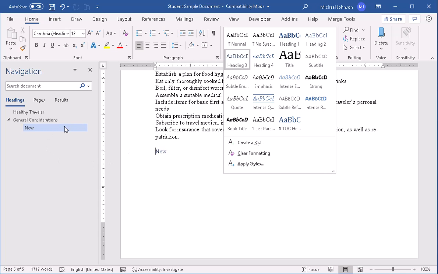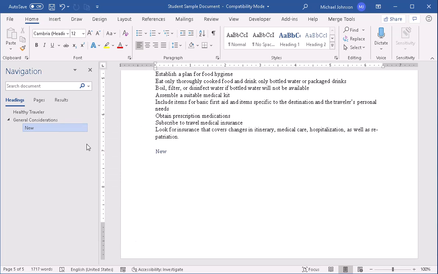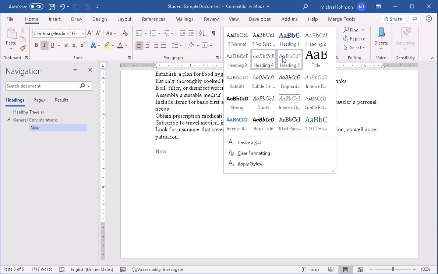So let's just demote it one more time to prove that it will move to the next level. And you'll notice that it is now italicized, and it has been indented even further, which makes it now a level 4. So I can check the style just to make sure, and yes, there for sure it is number 4, and there is a 5 that it could be as well. Now keep in mind, levels can be anywhere from 1 to 9, and then you have your regular body text